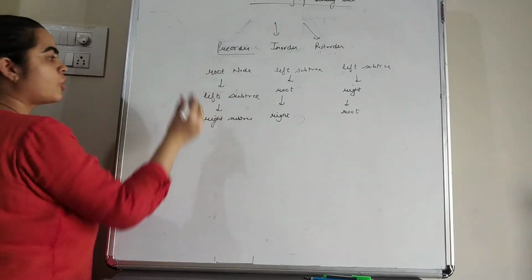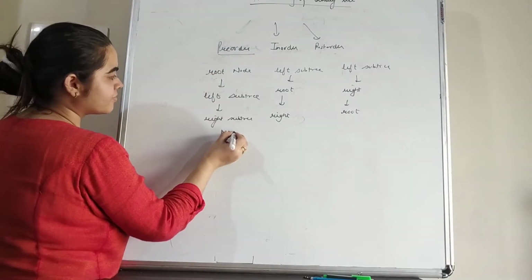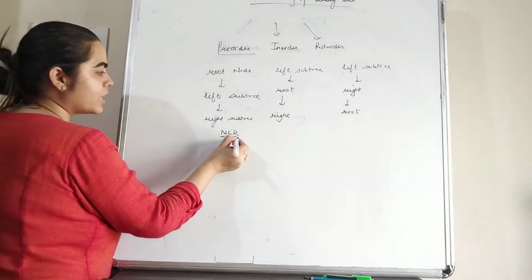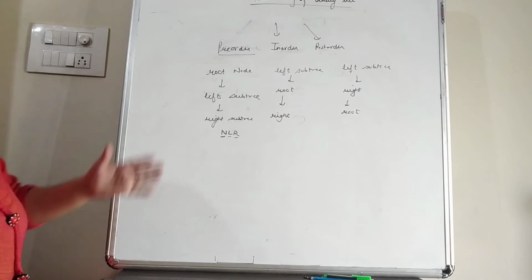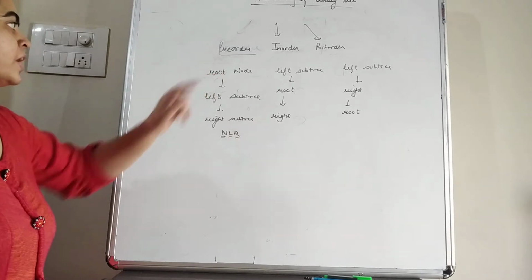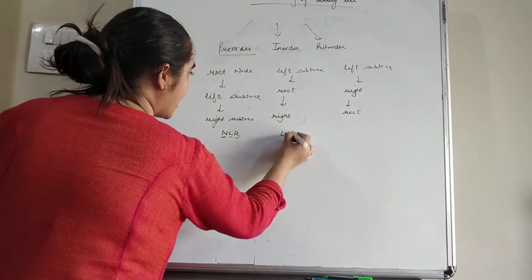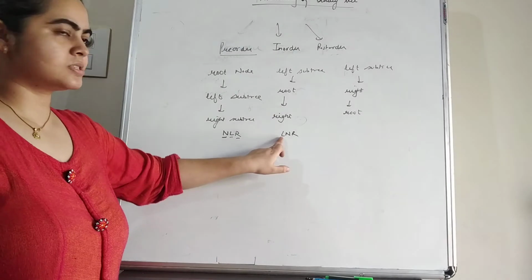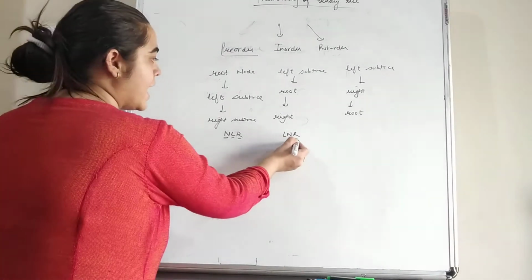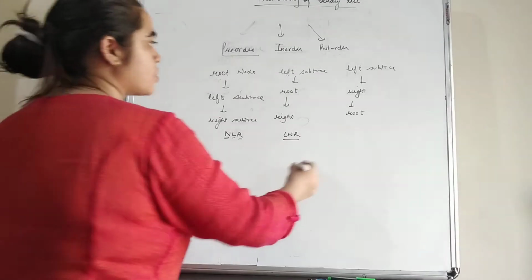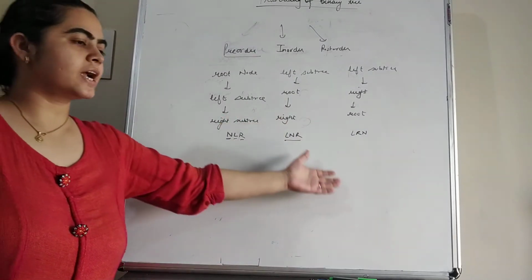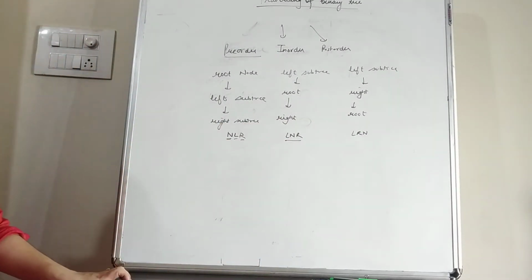So that means pre-order is also known as N, L, R. N represents the root node, L represents the left subtree, while R represents the right subtree. So here the sequence is root node, left subtree, right subtree. In-order is also known as L, N, R. So that means initially we process the left subtree, then the root node, and then the right subtree. And finally post-order is also known as L, R, N. So here we traverse the left subtree, then the right subtree, and finally the root node.